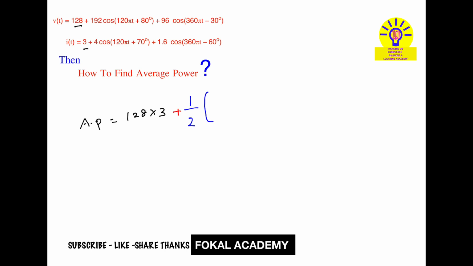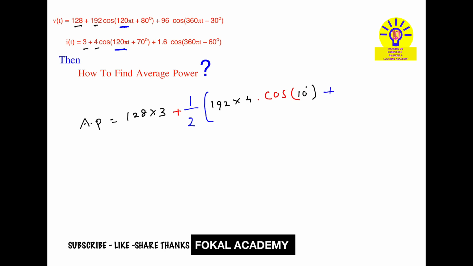These two signals have the same angular frequency. So first of all go here. Multiply the corresponding magnitudes, that is the amplitudes, that is 192 into 4, into cos of the difference in the phases, that is 80 minus 70, how much? 10 degrees, cos 10,